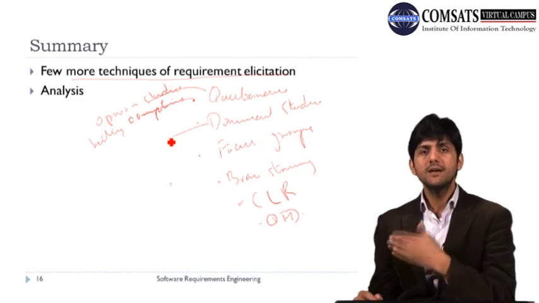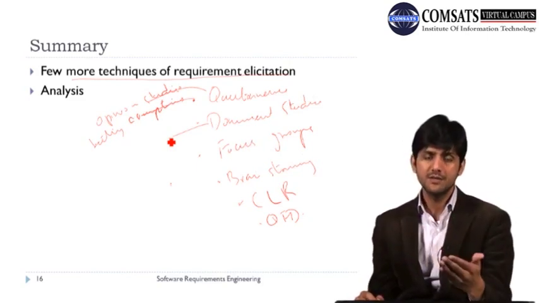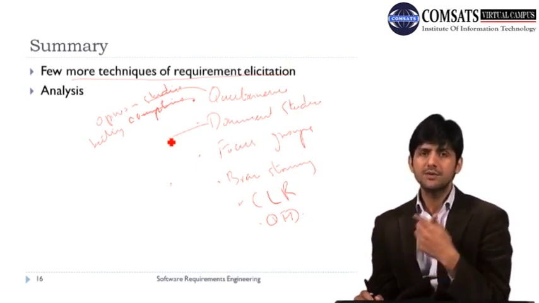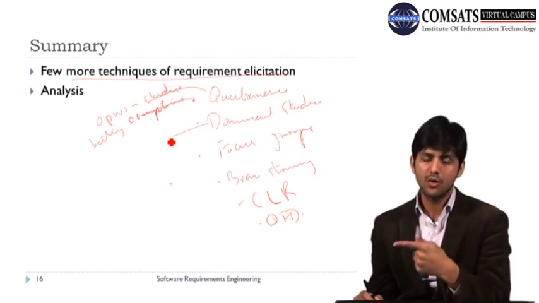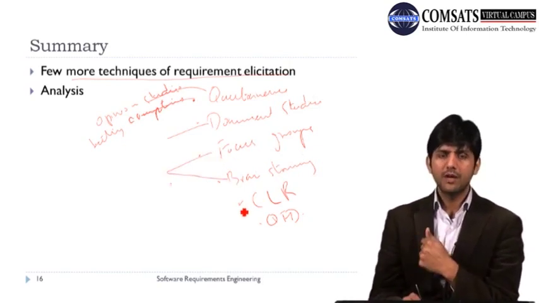And you can also use any other information that you have. So for example, any information from the old databases you can get, any screen dumps that you can get of existing systems. So all that information you go through, and then you try to elicit some more requirements from those existing documents. Then we talked about two more techniques, which were focus groups and brainstorming, which you can call a subcategory of